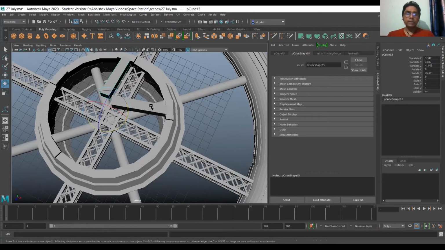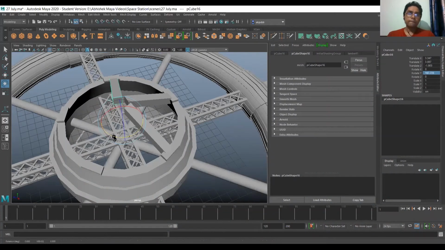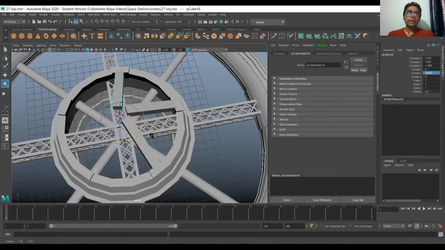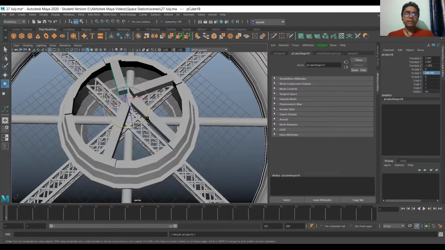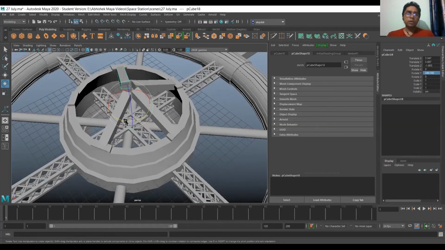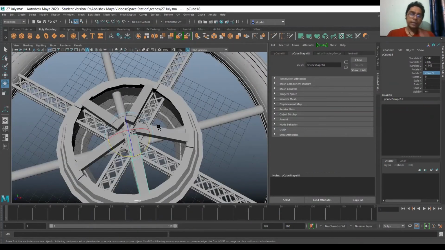Now again I will duplicate this, Control D, and I'll give the value 180 degree, and I will slightly rotate it towards my extruded part. Then again I'll press Control D and I will rotate it towards this extruded part. Okay, and then I will duplicate it and I will rotate it towards my extruded portion.